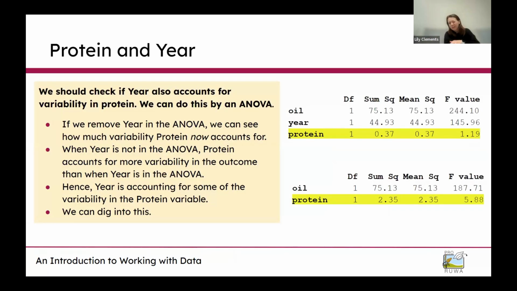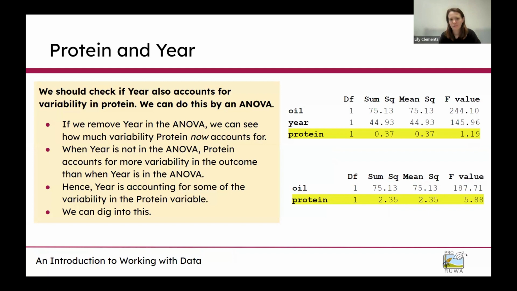But let's just briefly look at protein and year. We should check if year also accounts for variability in protein, and we can do this by an ANOVA. If we remove year in the ANOVA, we can see how much variability protein now accounts for. When year is not in the ANOVA, protein accounts for more variability in the outcome than when year is in